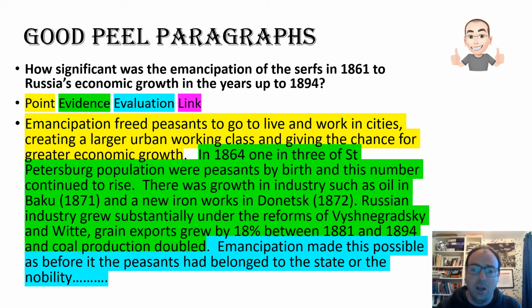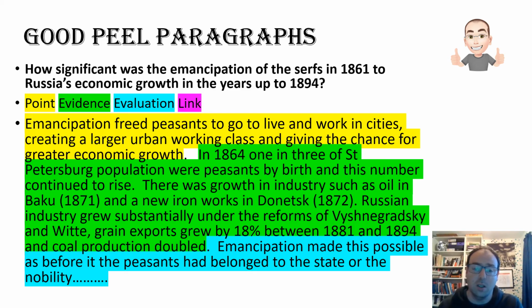There was a growth in industry such as oil in Baku in 1871 and new ironworks in Donetsk in 1872. Russian industry grew substantially under the reforms of Vyshnegradsky and Witte. Grain exports grew by 18% between 1881 and 1894, and coal production doubled. Right, I like economic questions because it's a really good one for just being able to throw a load of facts at it. And what I've tried to do in there is I've covered the whole time period,